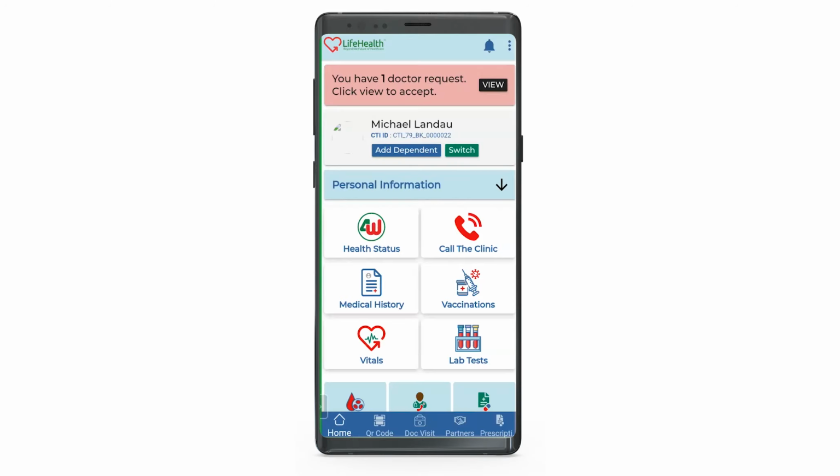CTI Life Health is a digital healthcare platform that leverages a lot of technology and artificial intelligence in order to be able to provide medical care to people that very often wouldn't be able to have access to medical care. The visual that you have in front of you is what a typical wallet of an individual patient would look like. And the discussion that I would like to have an overview of over here is from the perspective of